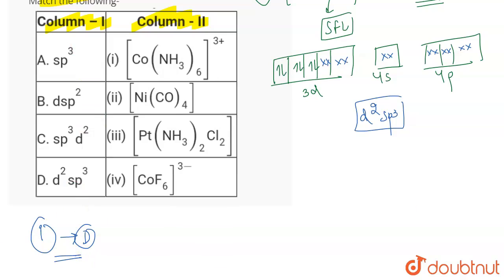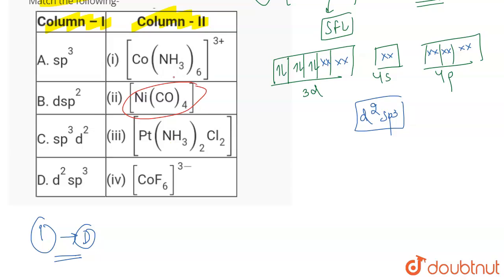Now, the second complex is Ni(CO)4. There's a very simple trick for the complexes having 4 ligands. Whenever there's a strong field ligand attached to the central atom in a complex where 4 ligands are present, it forms dsp2 hybridization and a square planar complex. And whenever there's a weak field ligand, it leads to the formation of sp3 hybridization and a tetrahedral complex. But